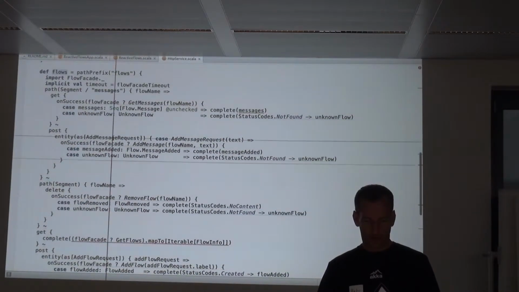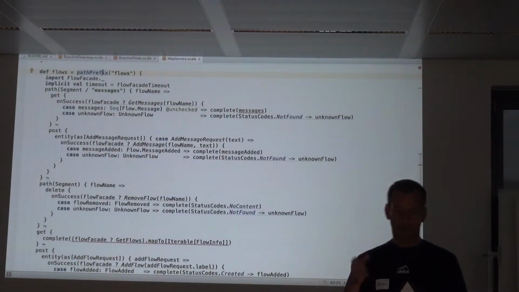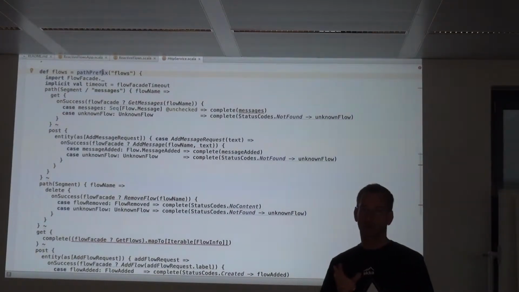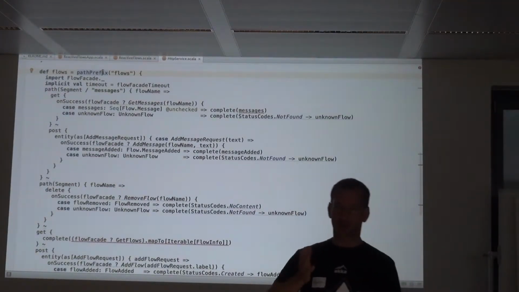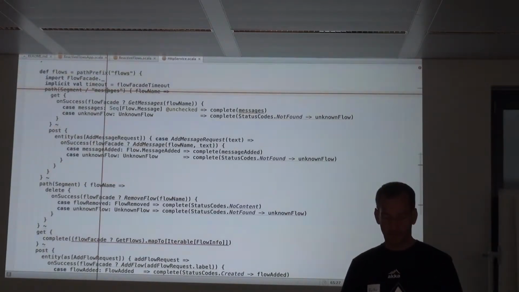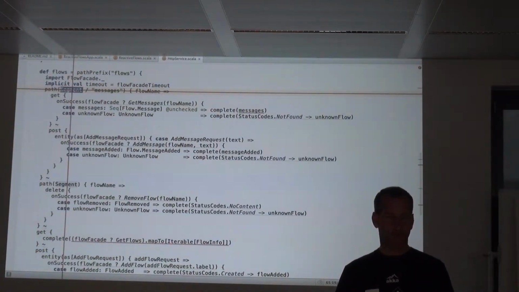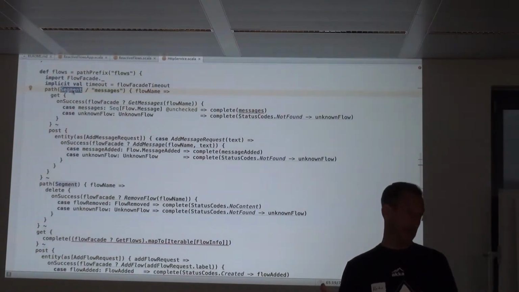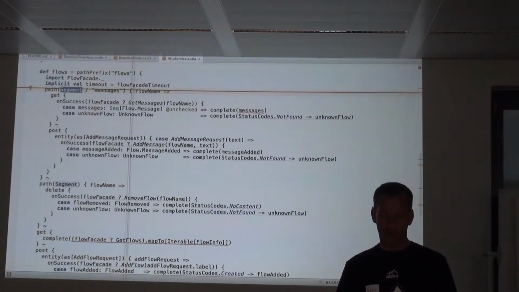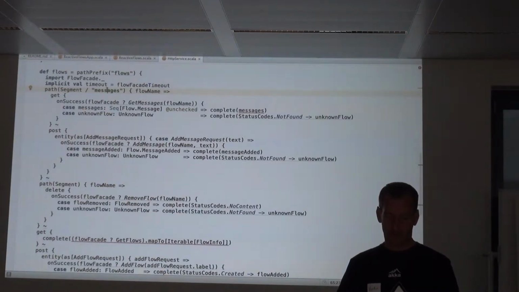Here you have a path prefix of flows, so this will only match a request if it starts with flows. Then you have another path matcher, which extracts a segment that would be the flow ID, or the flow name, and then a subpath of messages.